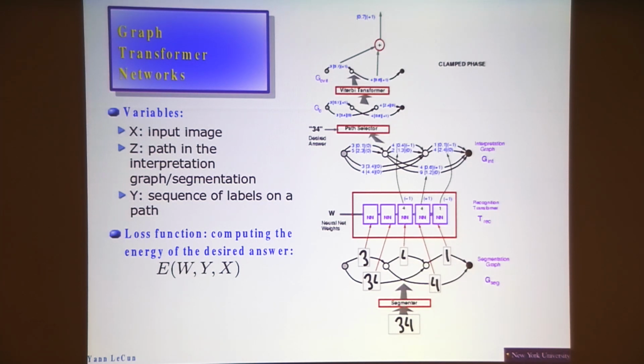So it's kind of a weak form of supervision, if you want. We don't tell the system where the pieces are. So you run this neural net on each of the pieces, and this guy is going to say, well, most likely it's a 3 with energy 0.1, maybe it's a 5 with energy 2.3. And this guy is going to say,